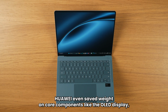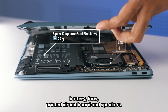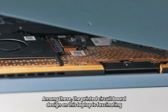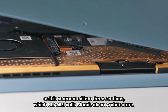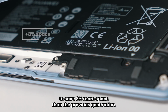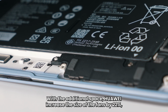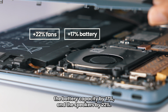Huawei even saved weight on core components like the OLED display, keyboard, trackpad, hinge, battery, fans, printed circuit board, and speakers. Among these, the printed circuit board design on this laptop is fascinating as it is segmented into 3 sections which Huawei calls Cloud Falcon architecture. This unconventional design allowed Huawei to save 8% more space than the previous generation. With the additional space, Huawei increased the size of the fans by 22%, the battery capacity by 17%, and the